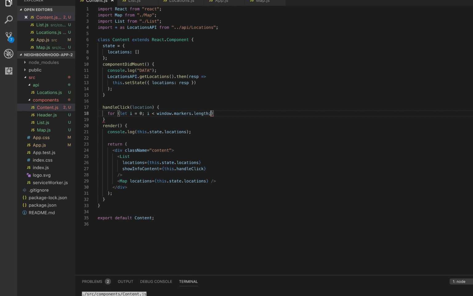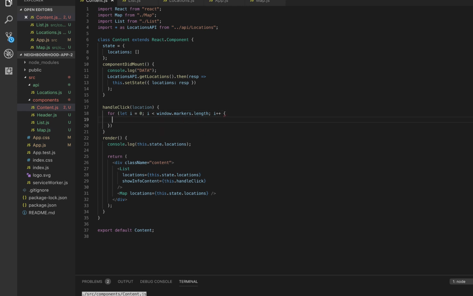Okay, and i plus plus. What do we want to do? We want to find out what location we actually clicked. Okay, so if location.venue, so we have an ID on that, equals the markers. So there is a method to actually get the location of